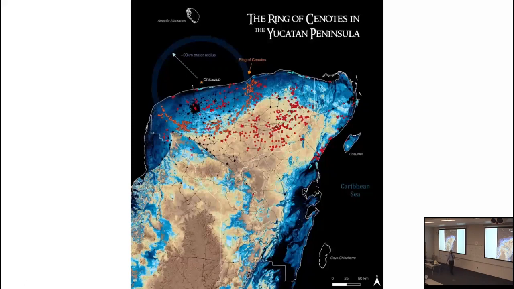A cenote, that's a local word for a sinkhole, is a spot where the limestone, that's the bedrock, gets eroded away by action of groundwater, and it leaves these pits in the ground. Now, cenotes have historically been extremely important to the people of this part of Mesoamerica because they fill in with water. You know, there's a lot of rain down there. So these are actually major sources of fresh water for the peoples that have lived in the Yucatan,